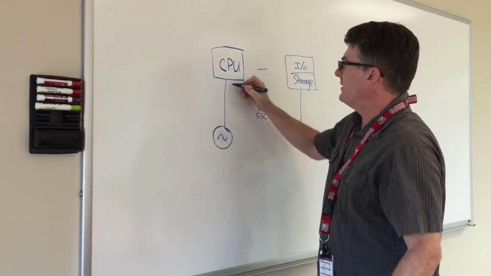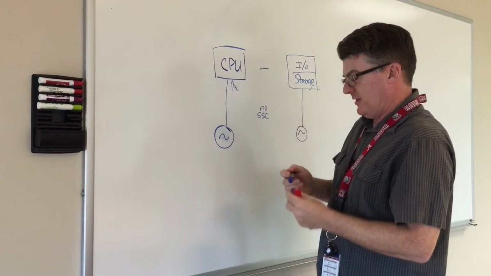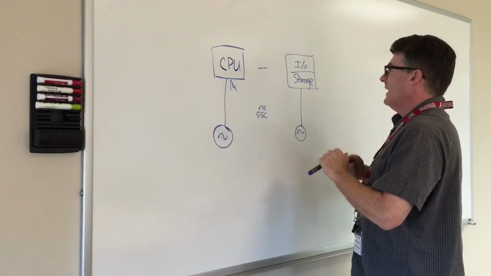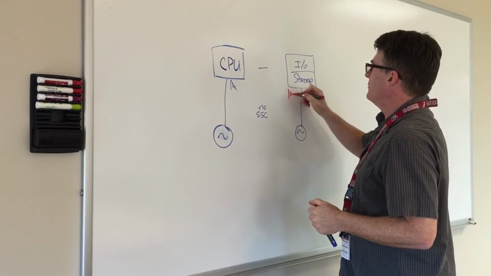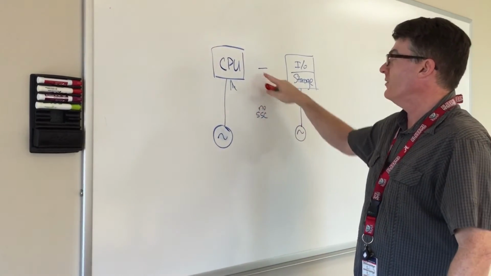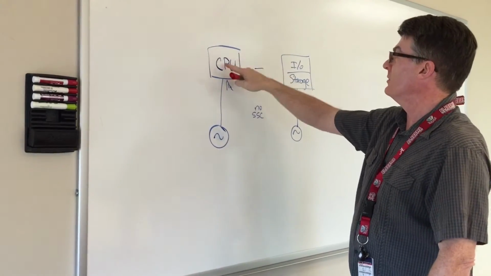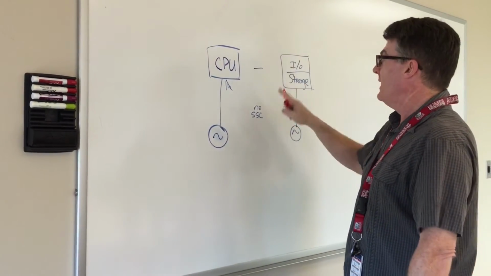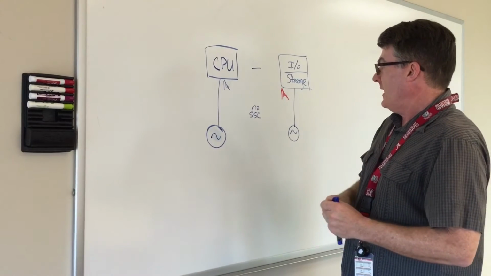So in this case, this might be the phase noise of this guy, and this might be the phase noise of this guy. And this difference function of the clocks then also feeds into the difference function between, say, the CPU, the I/O, and the storage. So what this means is a couple of things.